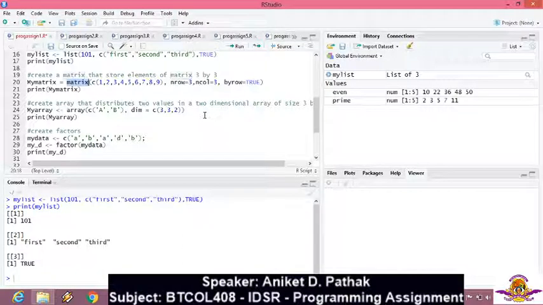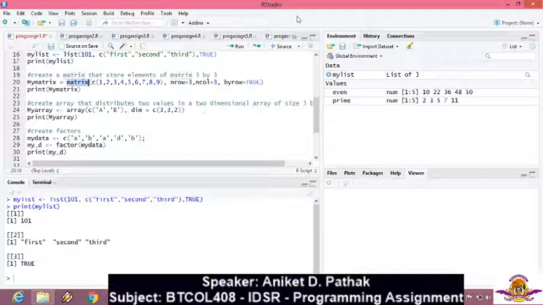The parameters of this function are, first, the number of elements that your matrix is going to store. Second, the number of rows that is given by nrow. Third, the number of columns that is given by ncol, and the values that you would be inserting in the matrix would be inserted row wise. For example, first row first column, first row second column, first row third column in the current situation. Then next second row first column, second row second column, second row third column, and so on.